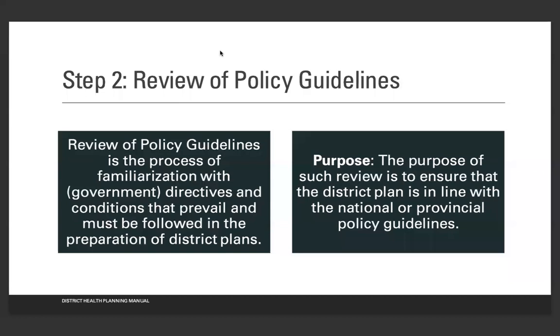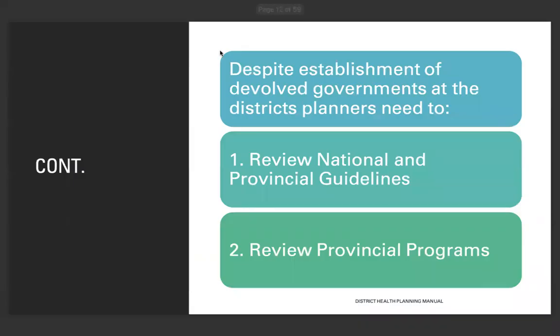Step 2, review of the policy guidelines. Review of the policy guidelines is a process of familiarization with directives and conditions that prevail and must be followed in the preparation of the district plan. The purpose of such review is to ensure that the district plan is in line with the national or provincial policy guidelines. Despite establishment of devolved government at the district, the planner needs to review national and provincial guidelines, review provincial